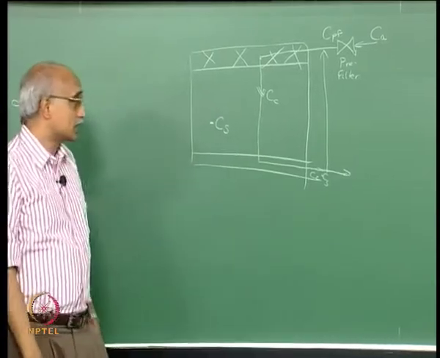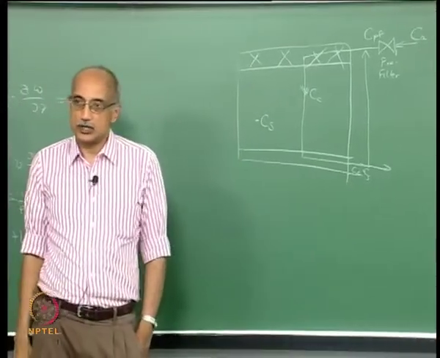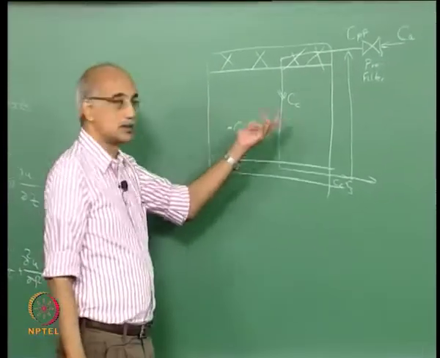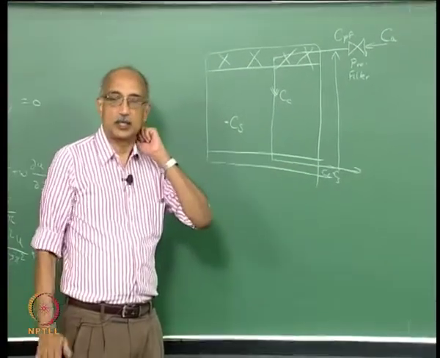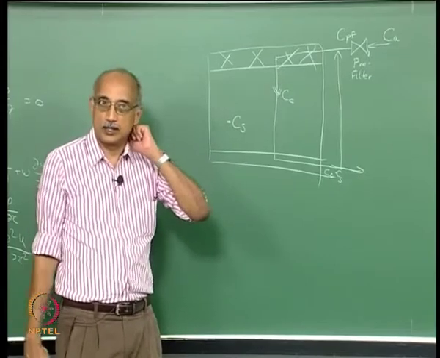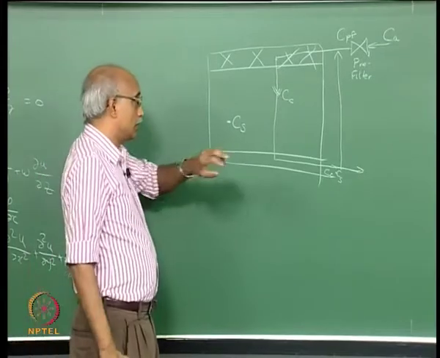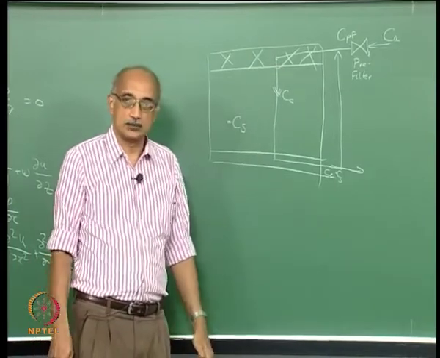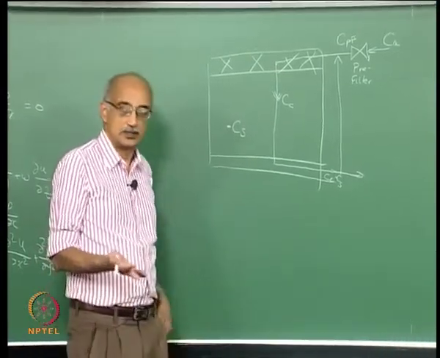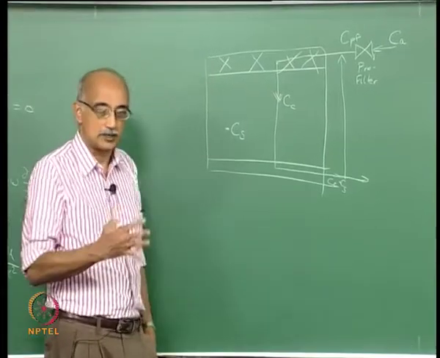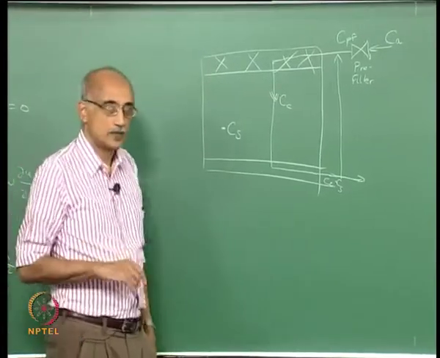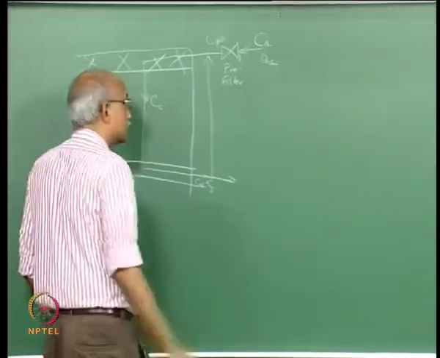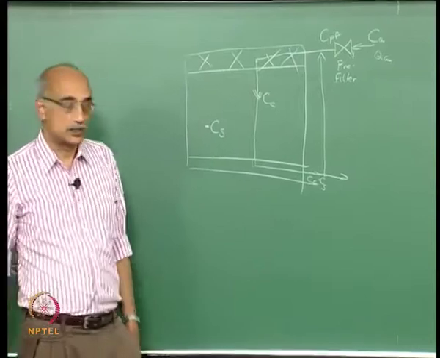Any other sources or sinks for particles that we should be aware of? Well, there will always be losses due to sinks at the walls, for example. But let's say that for the time being we ignore all that. Let's say that all particles are entering, being generated, and then being exhausted. Now the other parameter that we need to know in order to do a mass balance on this is flow rates, right? So let's say that there is some flow rate Qa that is entering the pre-filter,